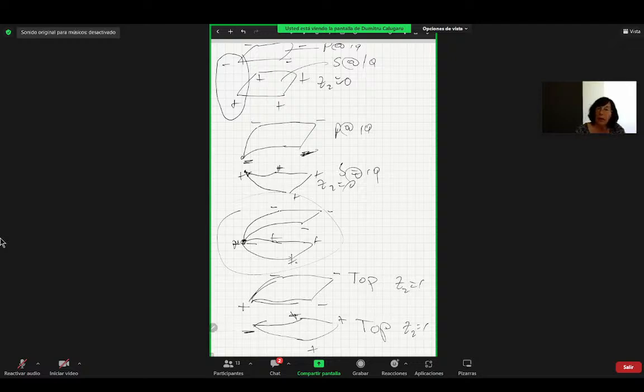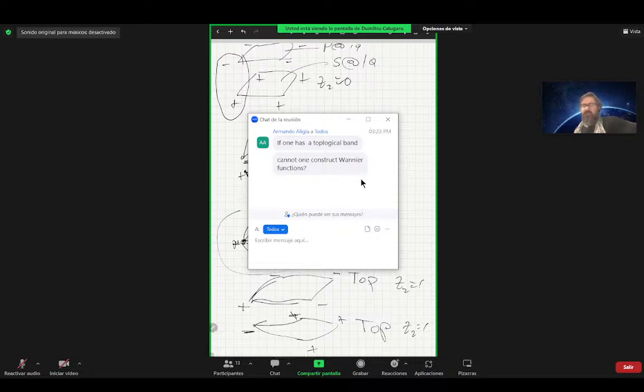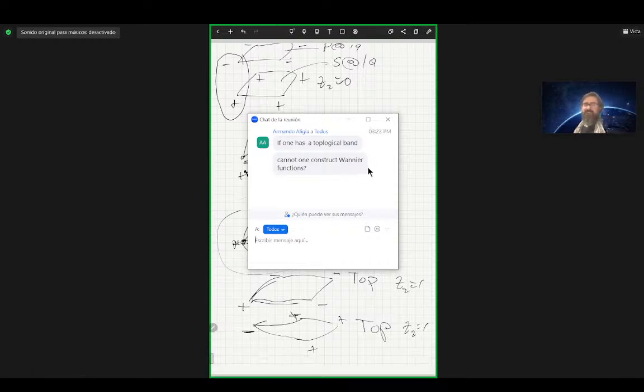And Armando wrote his question in the chat. I don't know if you can read it. Yeah, so that's a very good question. So basically, if one has topological bands, you can show that you cannot build exponentially localized Wannier states that respect the symmetry. So for example, in this case that I showed you here, actually, these are bands with a Chern number. So in this case, even if I lose inversion, I won't be able to as long as I don't close the gap. But in the general case,